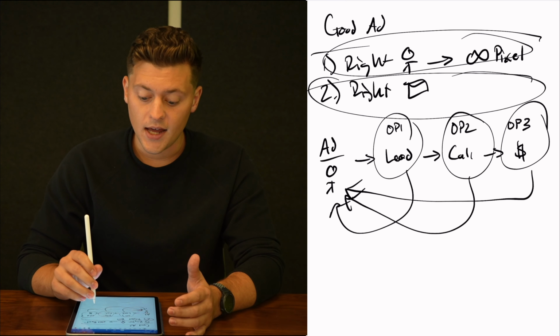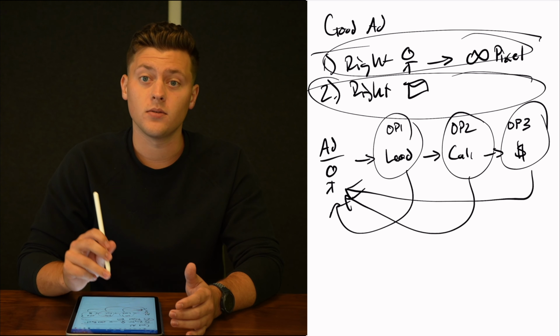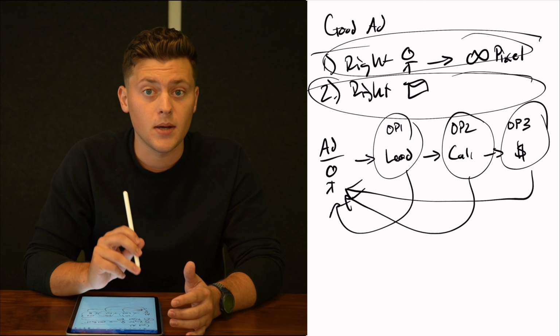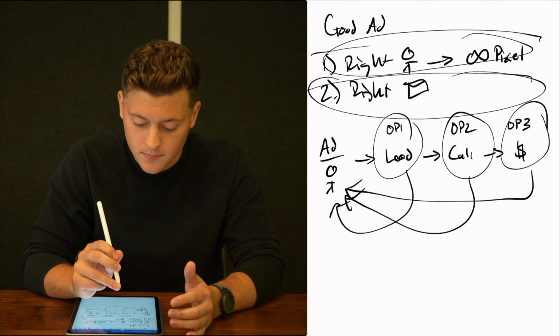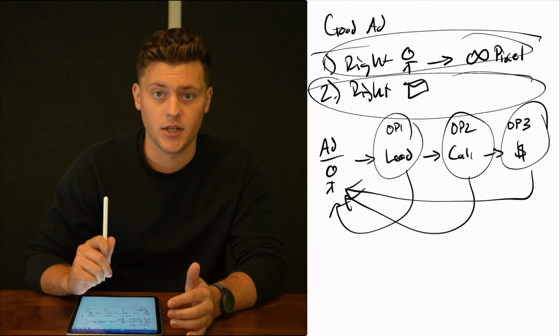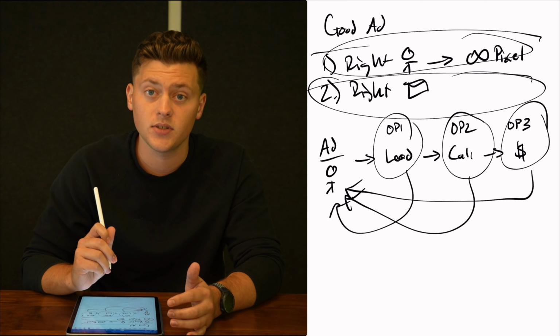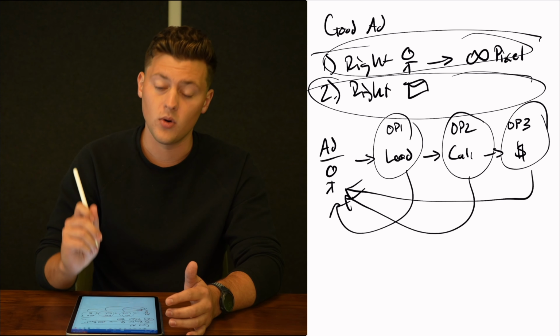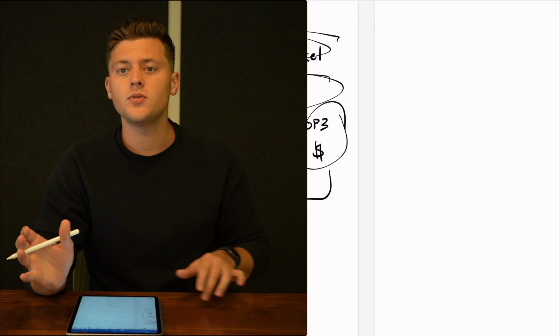So if a good ad is based on the right person seeing it and then the right message being sent to the right person, that's what makes a good ad. So what happens is the Pixel is ever changing in the person that it's actually being sent to as you get more events that actually occur. So let's just use this as an analogy.